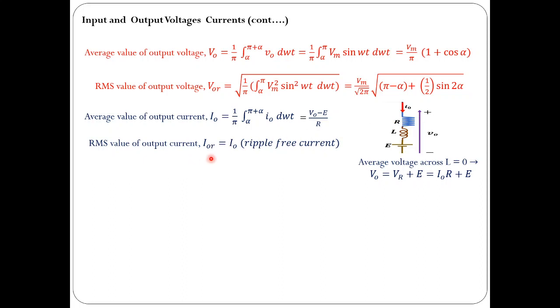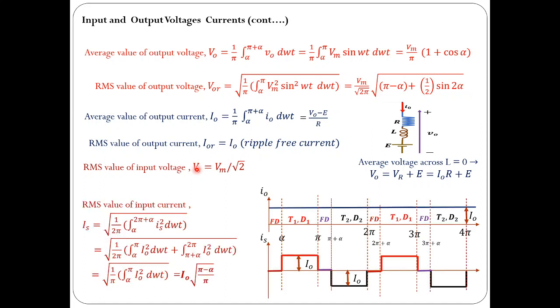So assuming the load current is ripple free, so the load is having high inductance, so load current is assumed to be ripple free. In that particular case, the RMS value is the same as the average value. So that is what we have considered as an assumption for the explanation of the semiconductor. So it is true. The RMS value of input voltage is equal to Vm by root 2, and the RMS value